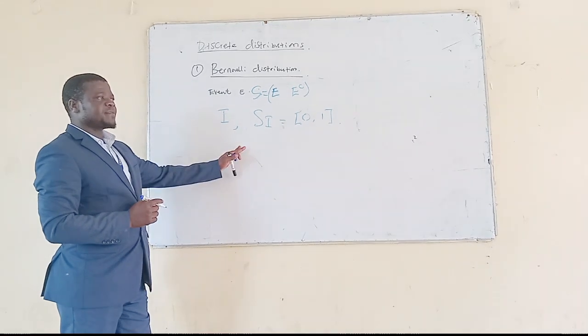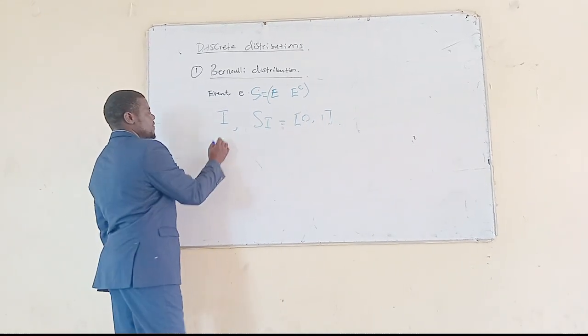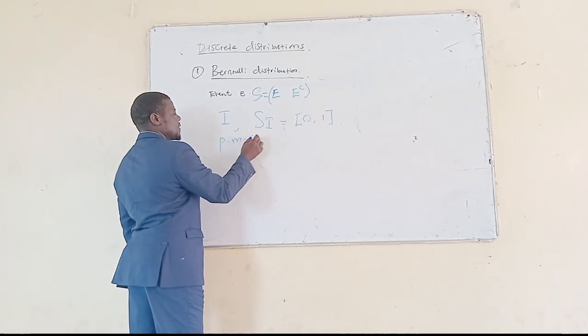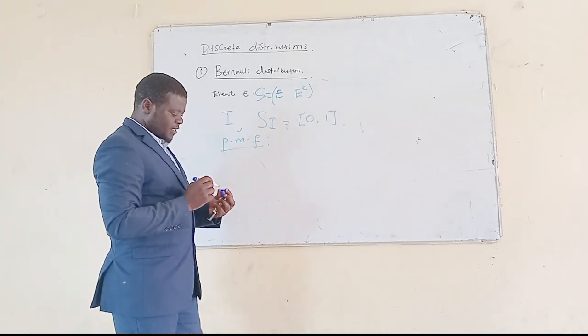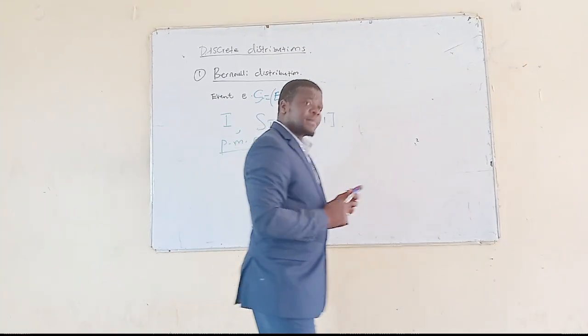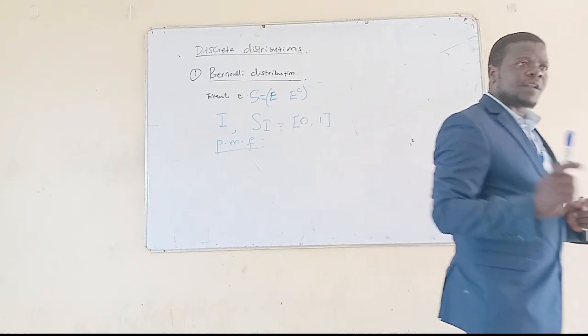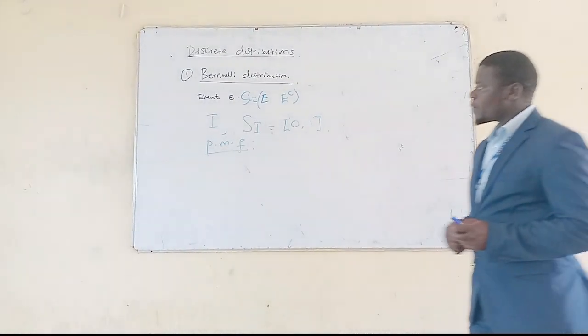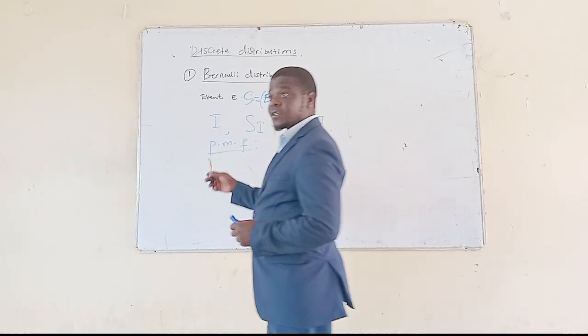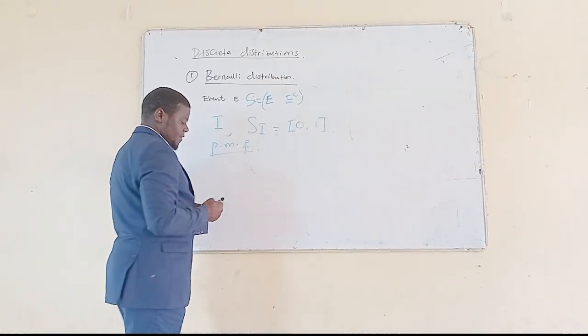Now we said this is Bernoulli. Now the PMF, the probability mass function. We are talking of the probability mass function because it is a discrete random variable. Otherwise, if it would be continuous, we'll be talking about what? Probability density function, PDF. It's given by